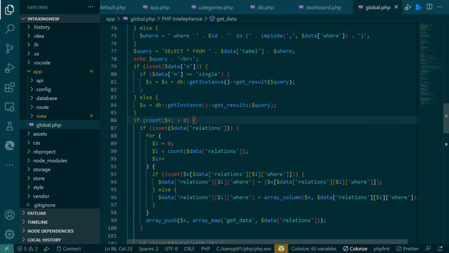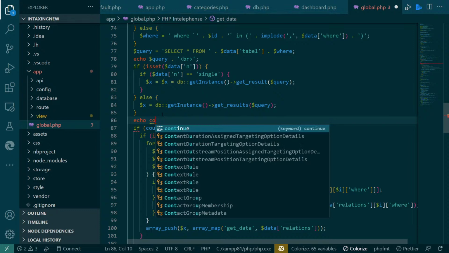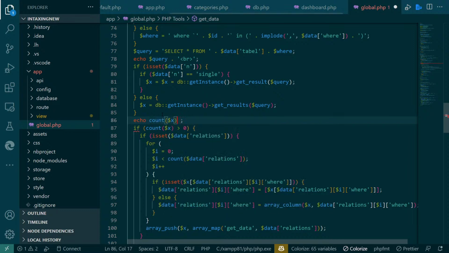Sure, so maybe it's actually counting it wrong. So let's echo that, count, and also use the br, so it will be a little bit something, I will say. So something like that, maybe dot, and